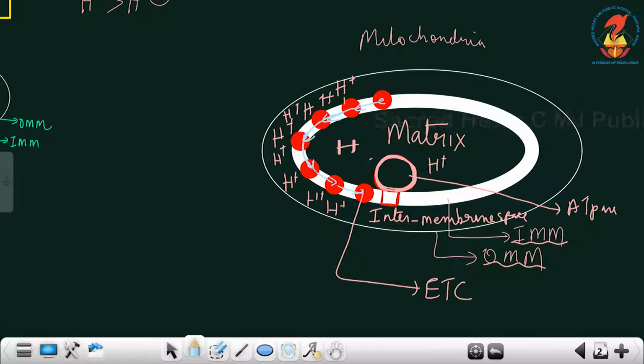When it passes from one electron carrier to another electron carrier, what happens? The protons from one region, here the region is the matrix. See the matrix. The proton moves from the matrix to which region? To the intermembrane space. Like that, a lot of protons are added to the intermembrane space, and you